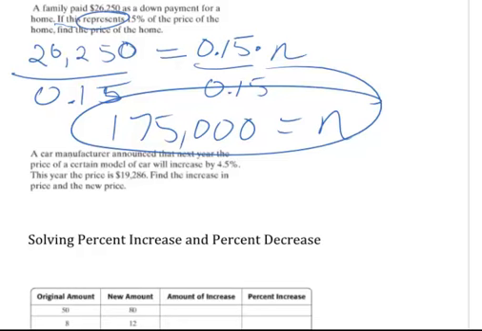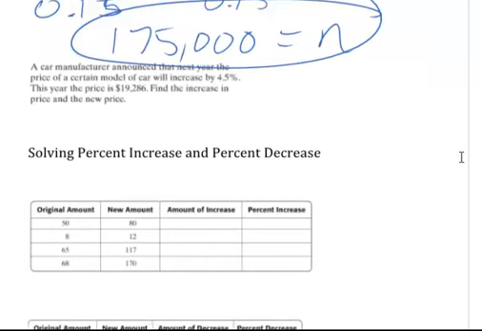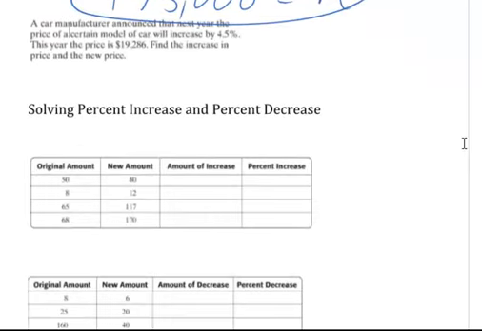All right. The next problem says, a car manufacturer announced that next year the price of a certain model of car will increase by 4.5%. This year the price is $19,286. Find the increase in price and the new price. So we're going to find the increase. That means it's going to go up by 4.5%. As a decimal, that's 0.045 times the price of the car, what it is now,